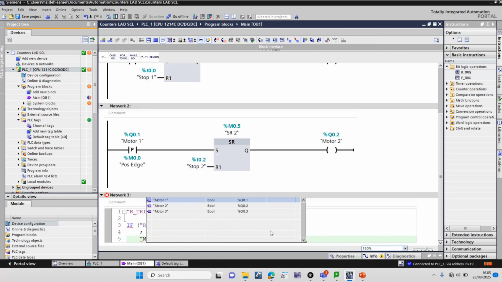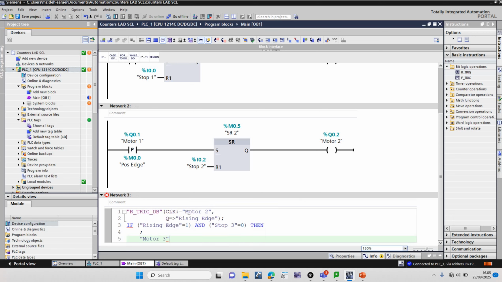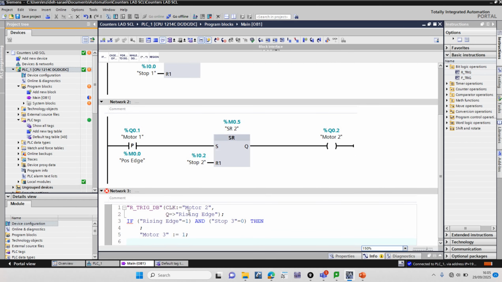So then motor number 3, as we are writing or changing the output status, we need to use colon equal to 1. Close the line with a semicolon, and then